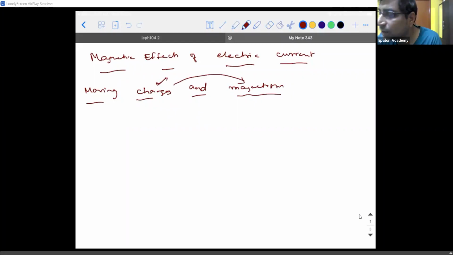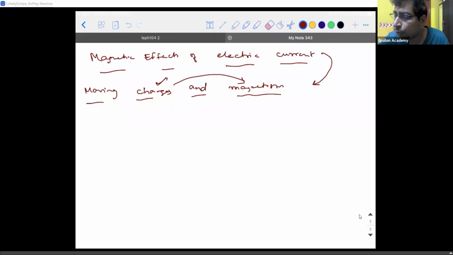It is actually an extension of what you have learned in your 10th standard, except the fact that here you'll be seeing certain derivations to understand how it actually works. Okay, so let's get started. If you see the first and the second chapter, we dealt with the charges at rest. The third chapter, we dealt with charges in motion. The fourth chapter is what are the effects of charges being in motion, which is what we are going to see.